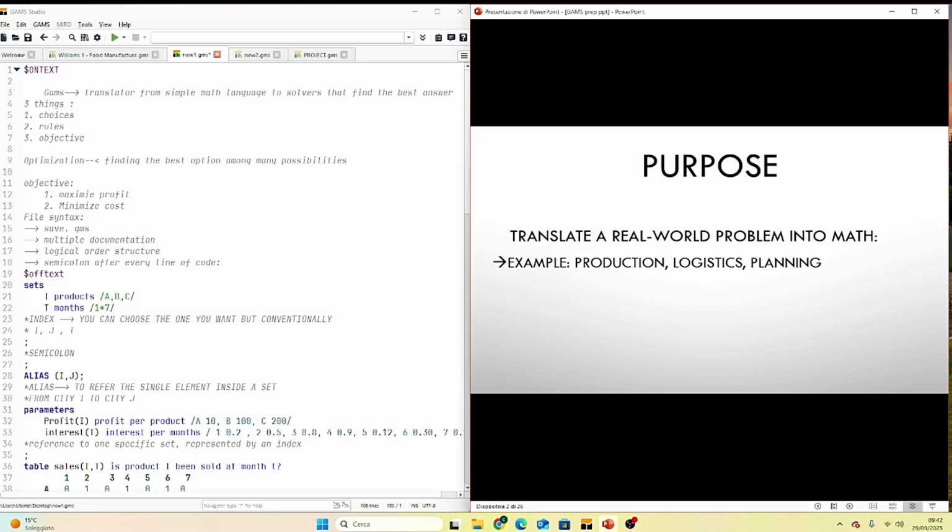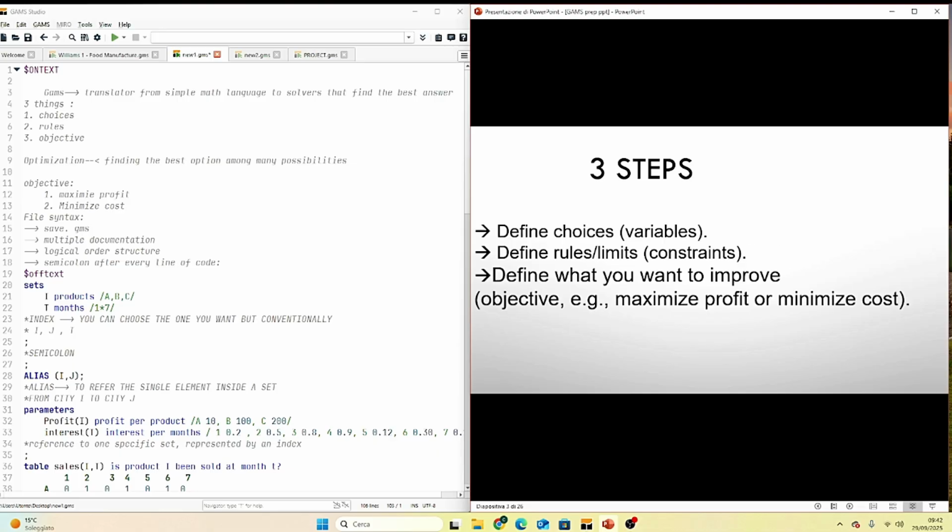We need to define three things. The first are the choices. What decisions can we make? These are the variables. Then rules or limits. What restrictions do we have? These are called constraints. Then we have the objective, what we want to achieve. Usually we have maximization of profit, minimization of cost, or using a resource efficiently. So GAMS is just the language that lets us describe these three pieces, and then a solver finds the best